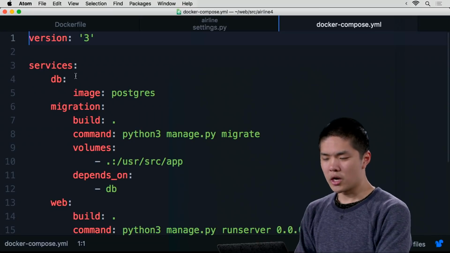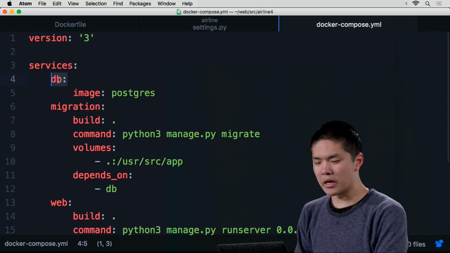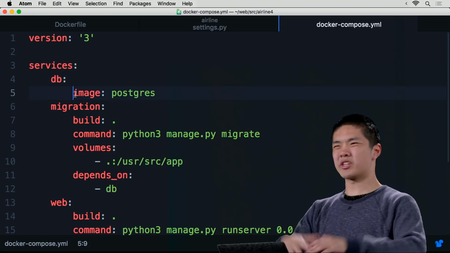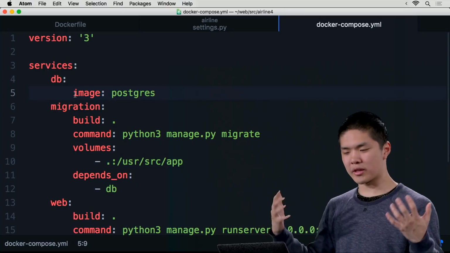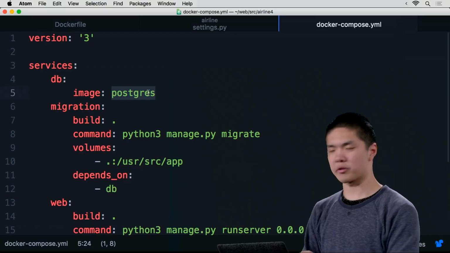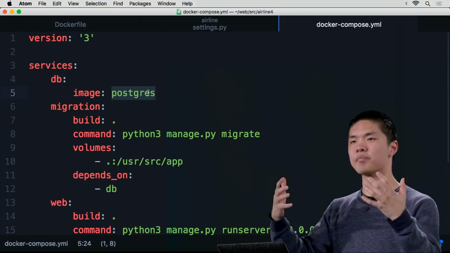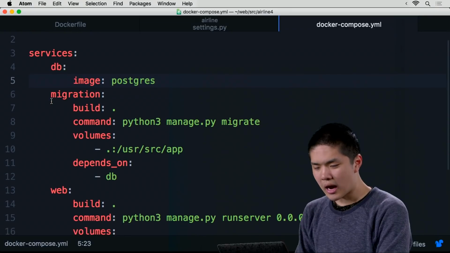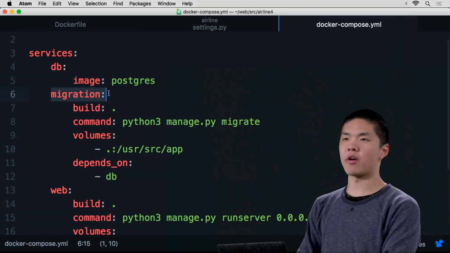And so the first service that I'm going to have is a database. And I need to specify what Docker image should I use in order to construct this database. Well, I'll go ahead and use Postgres, which is just one of the default ones for just creating a Postgres database. In addition to the database, I also want to set up a service for migrating everything over,